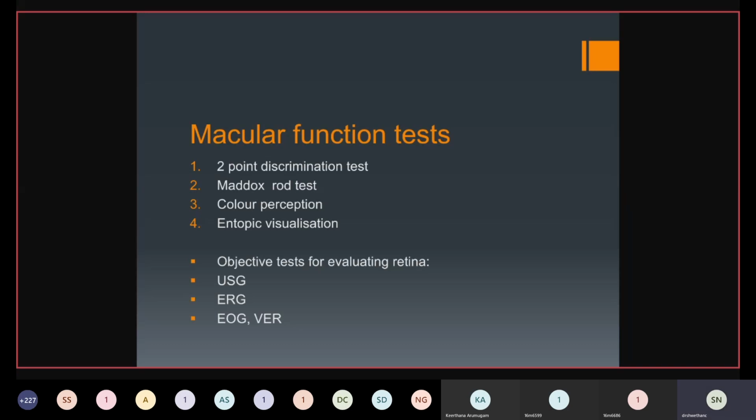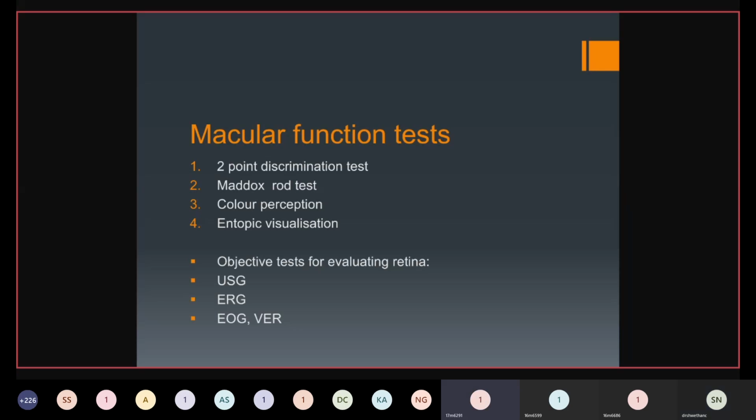And other tests that we do to evaluate the retina are ultrasonography, B scan. That will tell us about the anatomy. It will tell us if the retina is attached or detached. So gross anatomy, if there's any vitreous opacity or hemorrhage in the vitreous cavity, all that we can find out from B scan. And other tests are electroretinography and